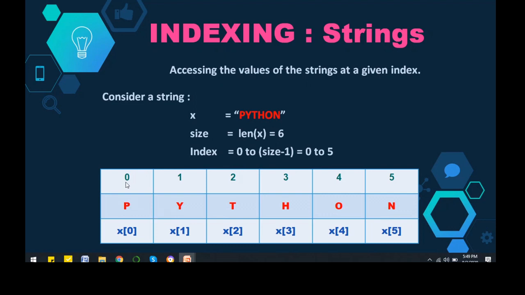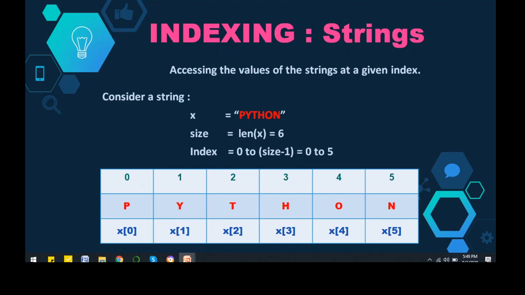And if I ask what character is stored at location 0, it can be accessed like this. First you have to write the name of the variable, that is x. Then in square brackets we write the index that we want to access.